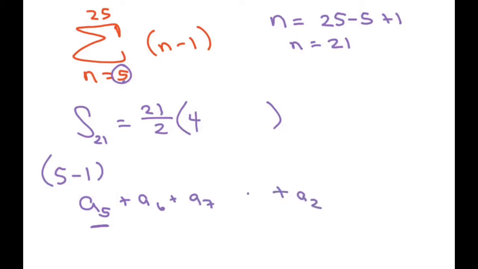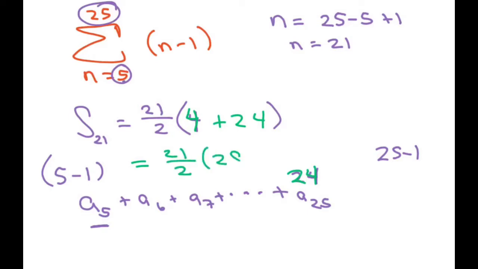And we're ending at the 25th term. All right. And now for our 25th term, you're going to just plug in your n. So that's going to be 25 minus 1, which is 24. So our first term is 4, and our last term, or 25th term, is 24. And when you simplify this,